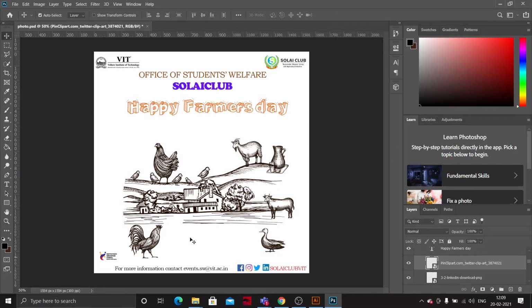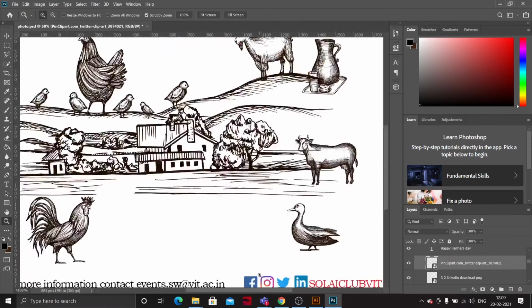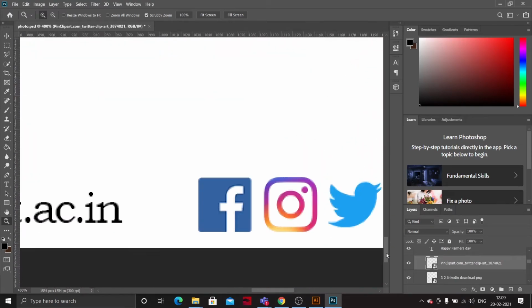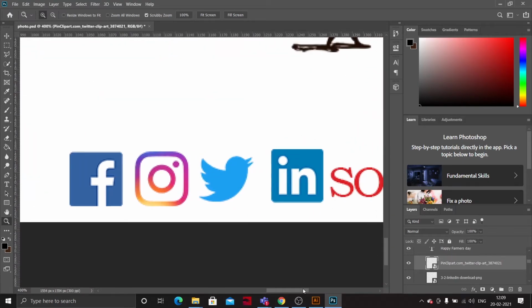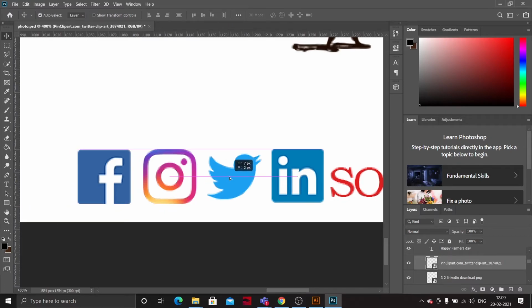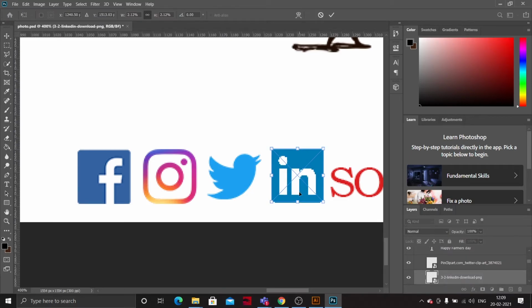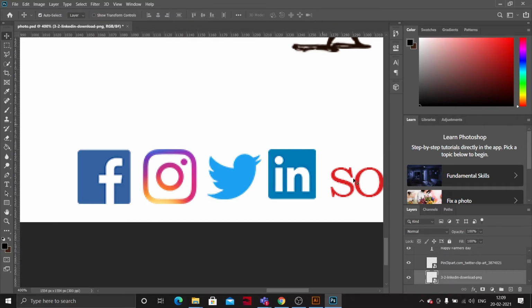Now we want to adjust them. For adjusting these small logos, just zoom near them. Now we can see the height. Everything should be equal and clear enough to see. Okay, I think this is good enough.